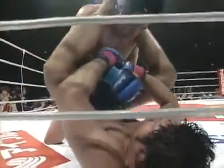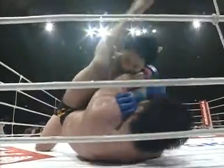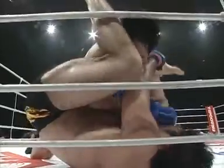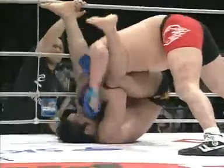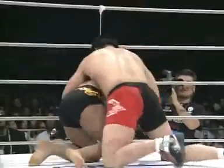He didn't get it. Mubei's got his arms back. Now he's got one arm inside. Again, Yamamoto looks like he's going for the triangle attempt. He's turned to go for the armbar, but Mubei's got his head down, so he doesn't have it hooked up yet. And Mubei pulled his head up, so...